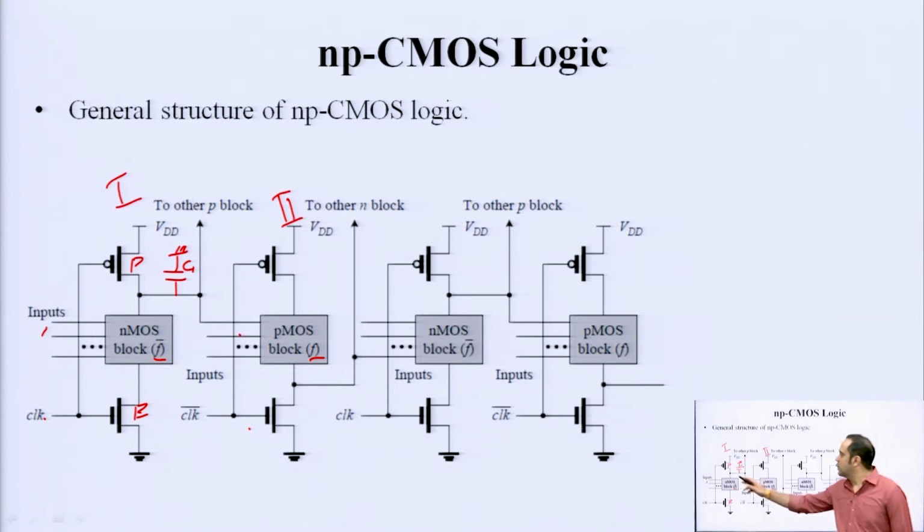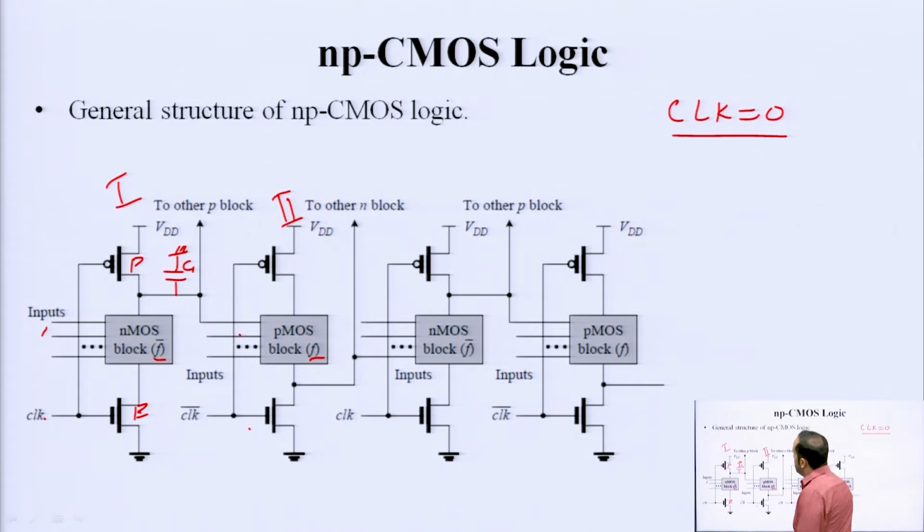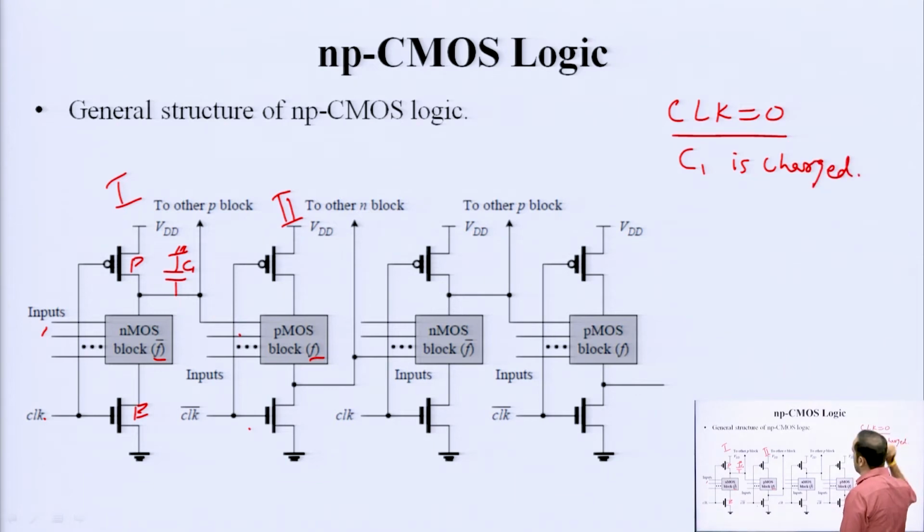So, suppose when clock is 0, C1 gets charged, but this PMOS block is not working, because it is operating on clock bar, the complementary clock. So, when clock is 0, this becomes 1. So, this part is not charging. C1 is getting charged to VDD,